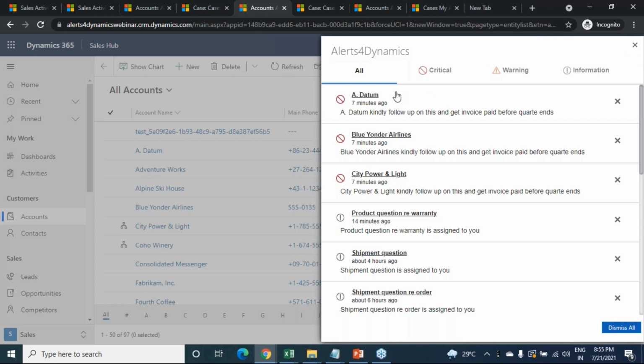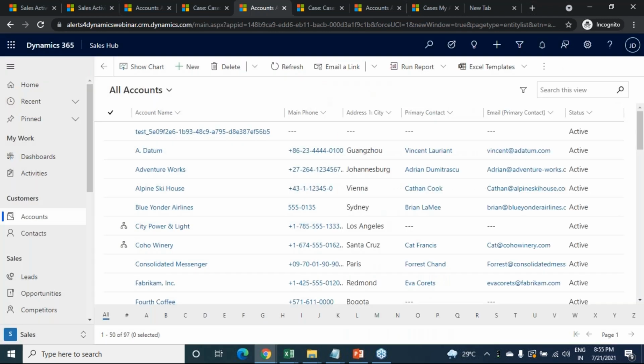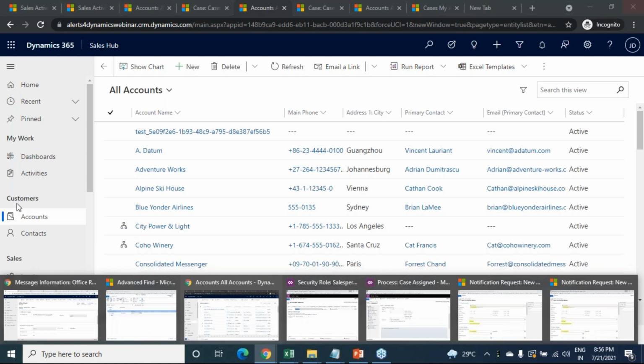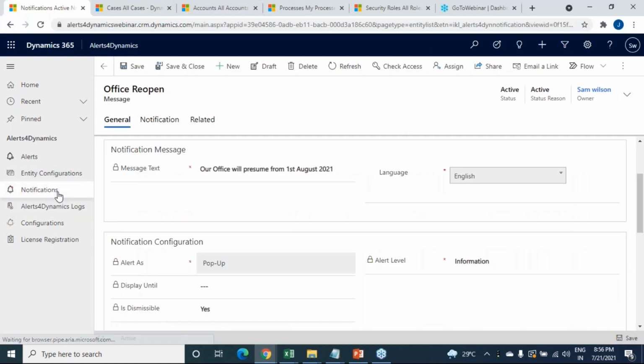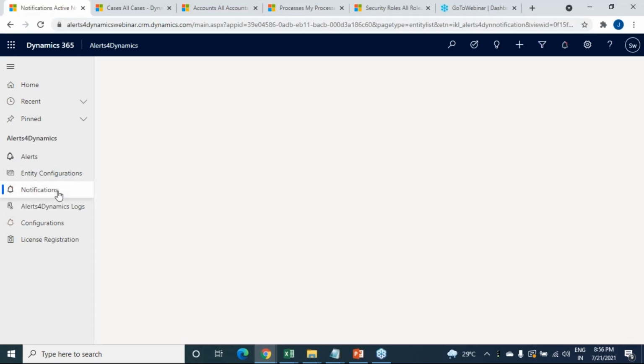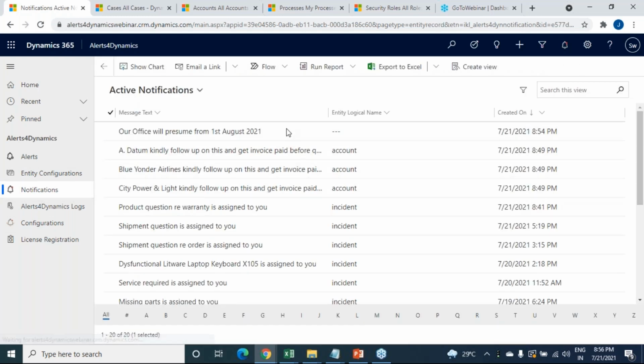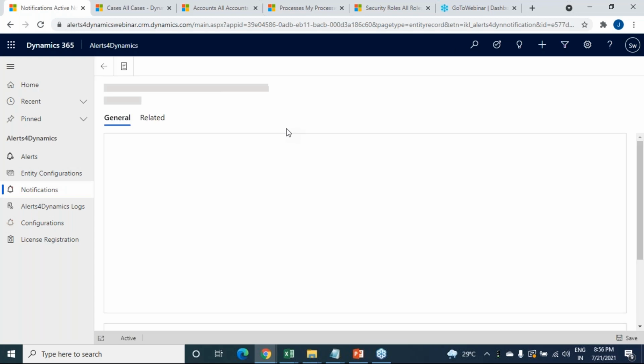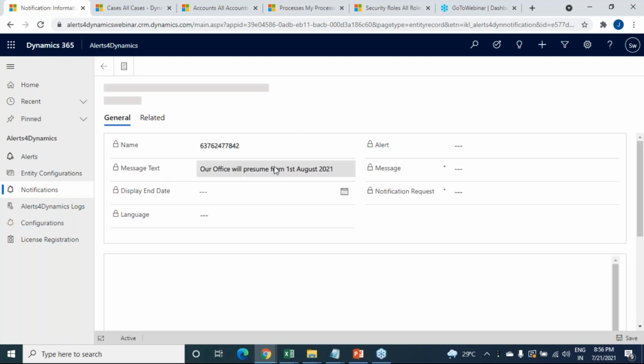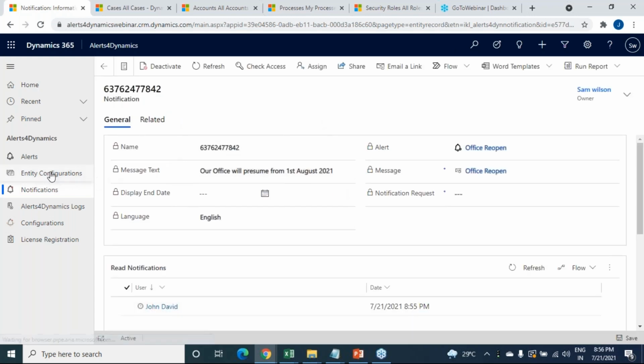There may be organizations where they want to track who has read the notification and who has dismissed it. We do have a notification entity in the app where they can go and check which users have read those notifications and who has dismissed them. So there won't be any chance of miscommunication between them. If this was the notification, I can check it in the notification entity.